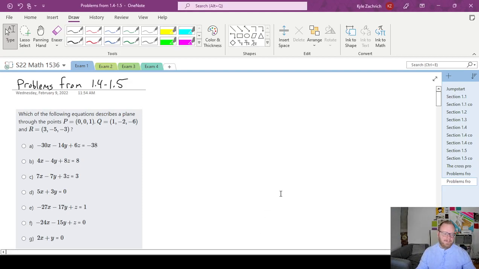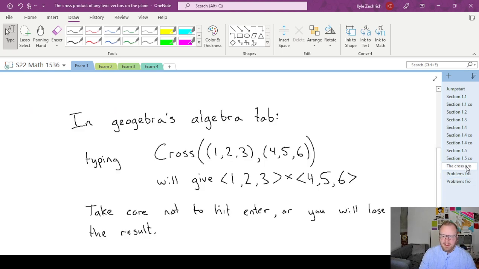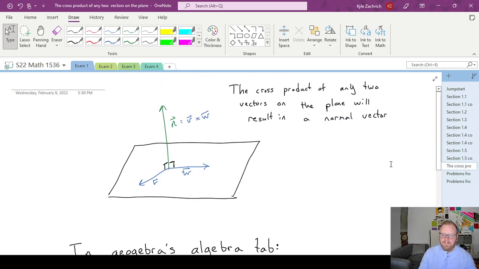Hi everyone, this video is going to be me going over some problems from section 1.4 and 1.5, but before I get into those problems I want to talk about a few things that I'm going to be using to solve these problems. The first of which is this idea that the cross product of any two vectors on the plane will result